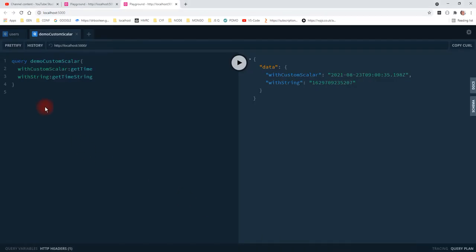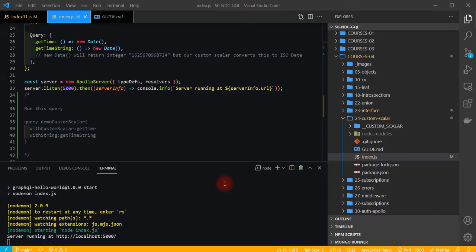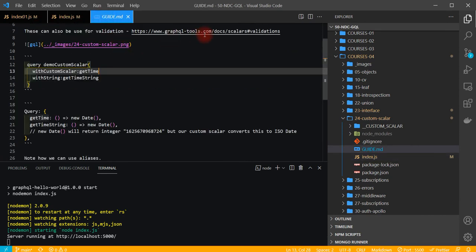If we come into the file and look at it here, we can see that here we get with string, we just get the basically UTC time in milliseconds. But here we've actually changed the format to ISO string, and if we do that again we'll see that that's been updated. So we can define many different scalar types,